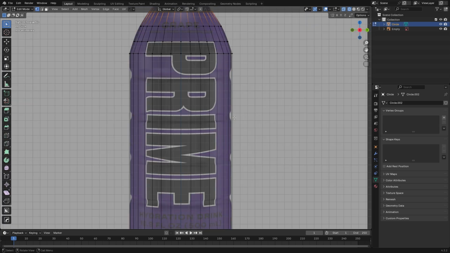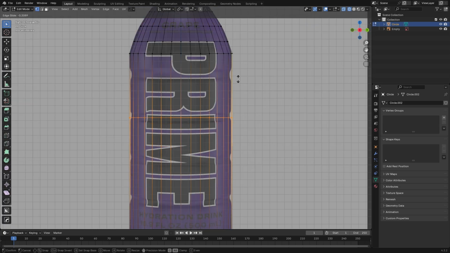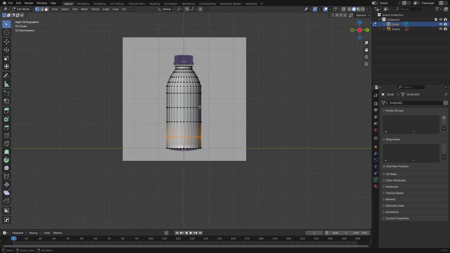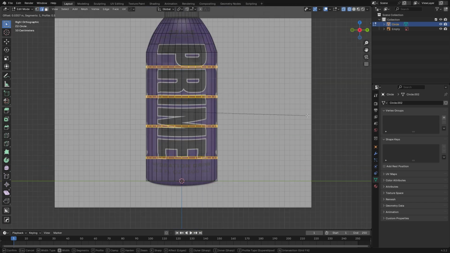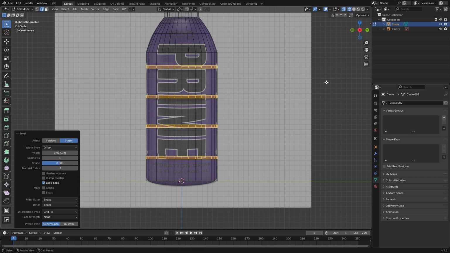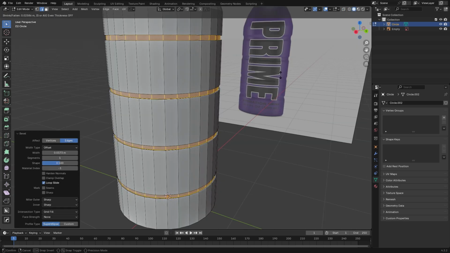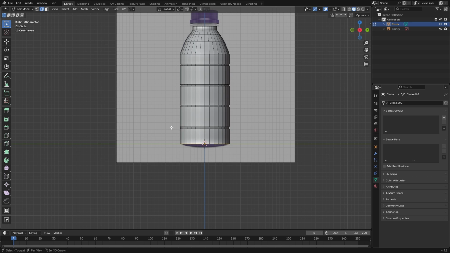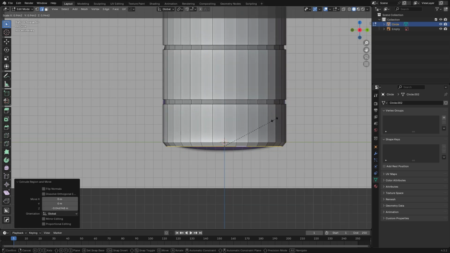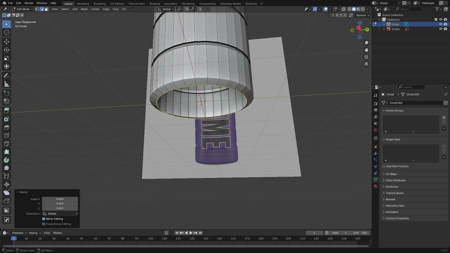Now to add these holes, you're just going to add a loop cut in the middle of each one. Try to keep the same distance from all of these. Bevel with 1 segment, just like this. Now extrude faces along normals and just put it a little bit inside. Now this down part, you're just gonna select it, extrude, scale it down, and now just leave it like this